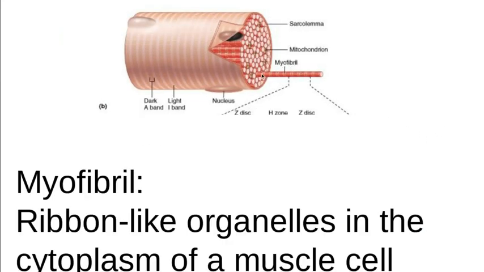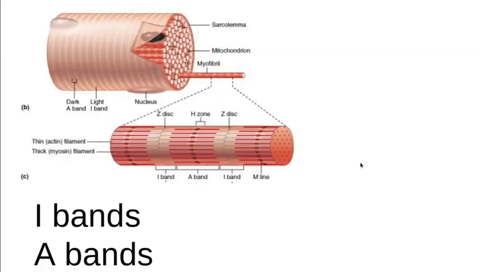The myofibril is this little bitty straw inside of the muscle cell. It's actually an organelle. They call it ribbon-like. I think it looks like a straw. Ribbon-like organelles in the cytoplasm of a muscle cell. So all of this cytoplasm is completely full of myofibrils. That's what makes the muscle cells so strong. So in your myofibril,